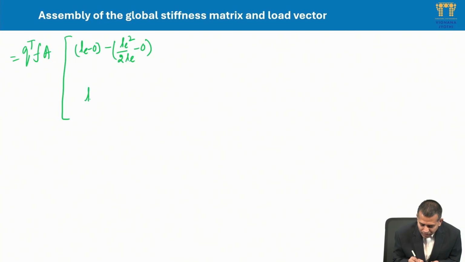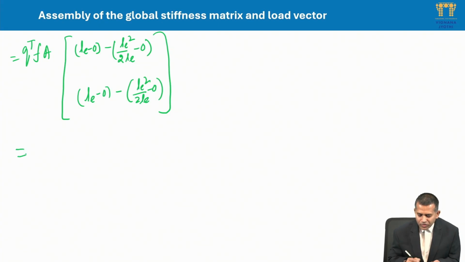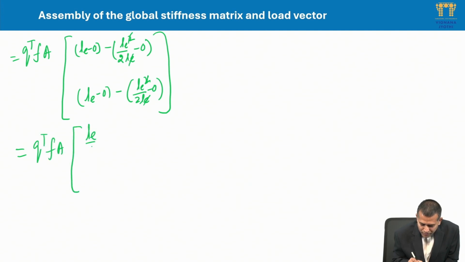Same, this is also I'll have again LE minus 0 minus LE square by 2 LE 0. So this LE gets cancelled, so LE square L gets cancelled. So if you write this expression, you will get f of A into LE by 2 and again LE by 2,